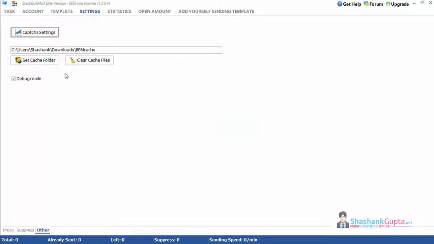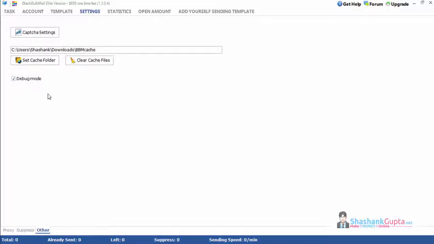This is a folder where this program will save cache files, so you need to make sure that you clear it from time to time because this takes a lot of disk space. So when you are running this program, you can come back after some time and check if it is taking space. You can clear this. This is a debug mode. If you want to see this program running, how it is logging in to your Yahoo account, clicking on compose, filling up the data and sending the mail, you can click it. If you do not want to see that, you can unclick it. I want to see and I want to show you how this program works, hence I'll click on this.